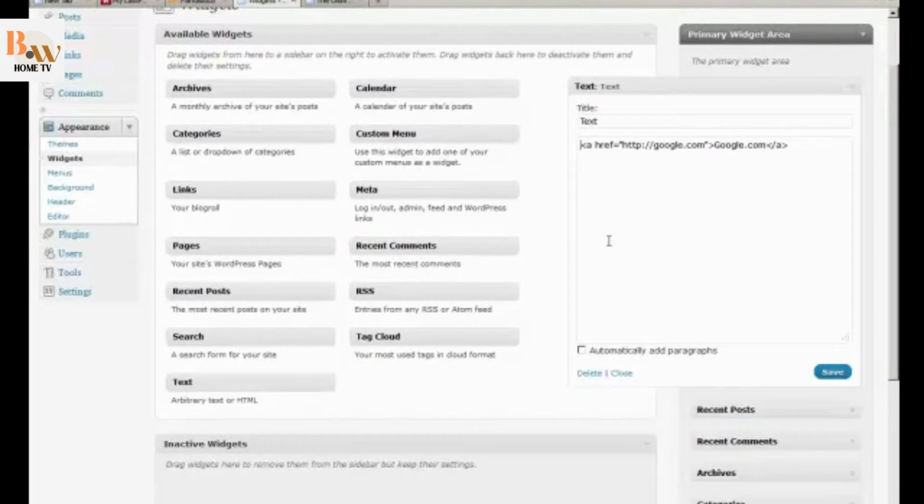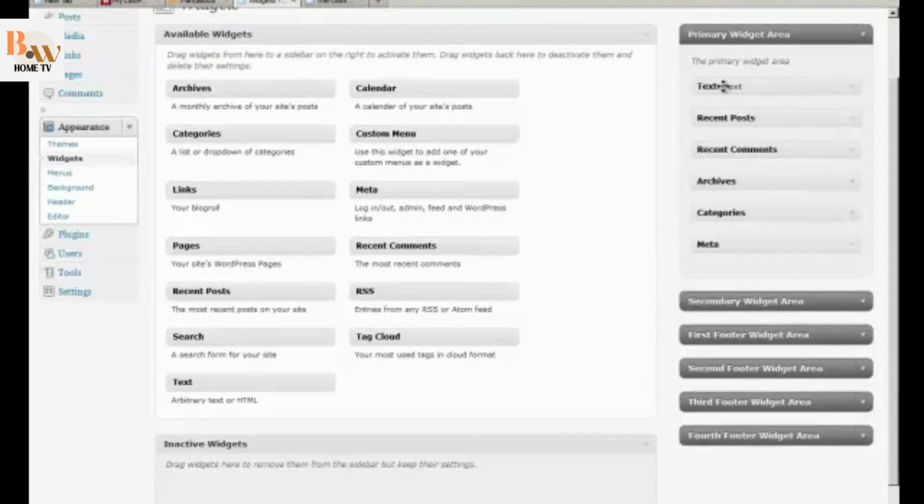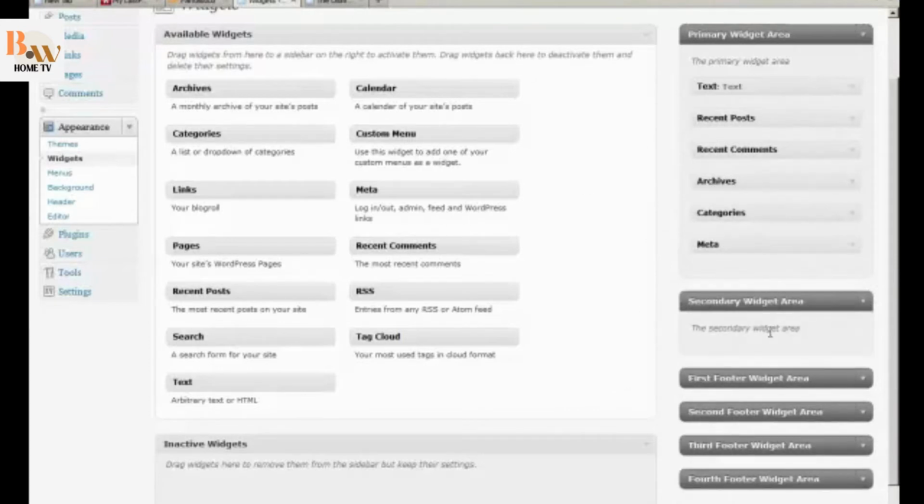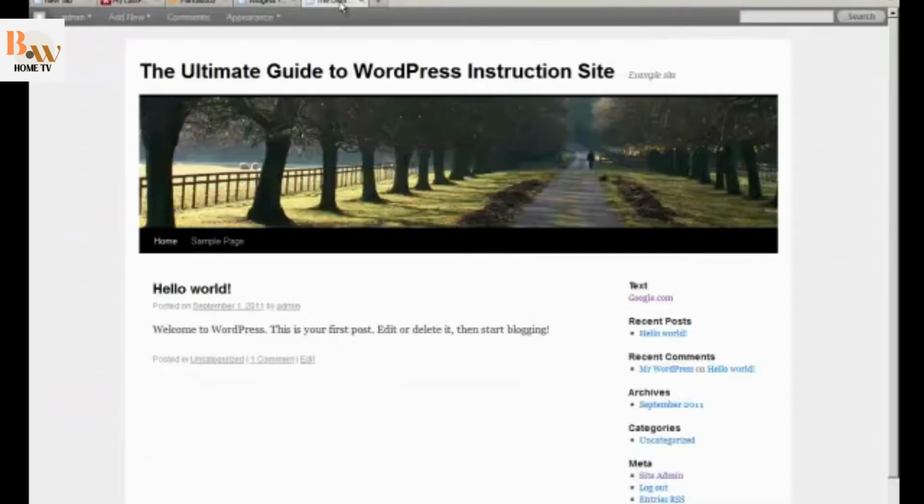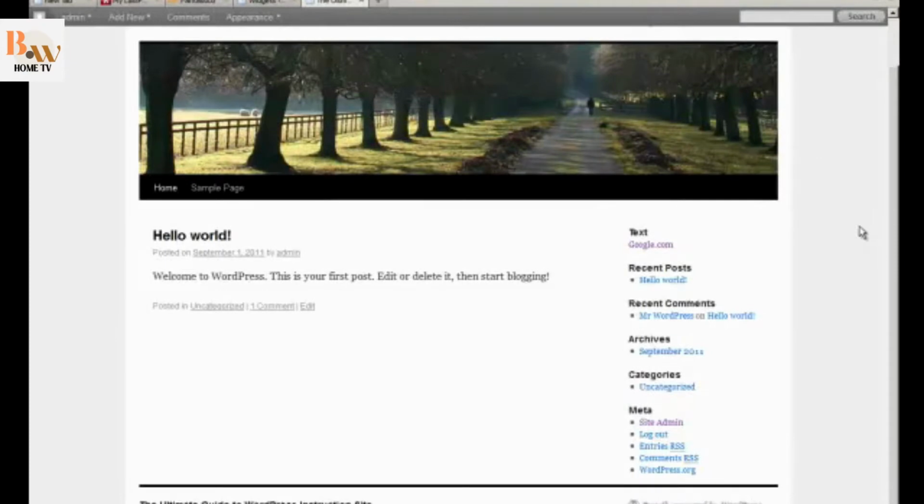You can put any HTML in this box and it'll work. You can put JavaScript in this box and it'll work. If you want to minimize this view, you just select close. You're all set. If you want to add something to a different widget area, you can put it here. It's all very simple. Now, this theme